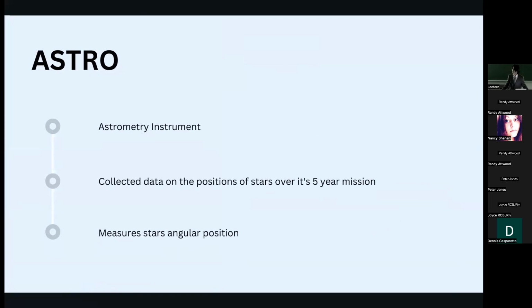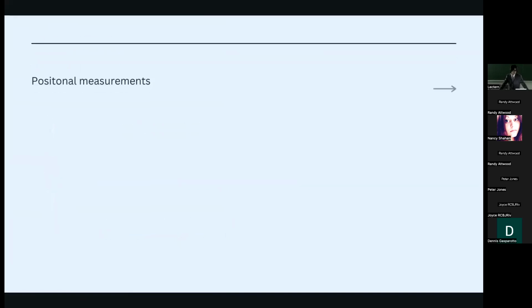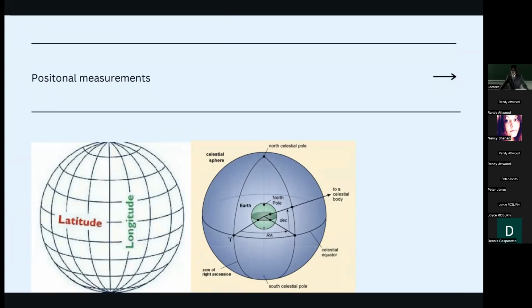Basically, proper motion is, because we're looking at a plane, imagine you're in a fishbowl. The bowl is basically what we're trying to look at. And it's really difficult to graph distances, but we'll get into how we can actually find distance and proper motion to find out its exact coordinates. So the first thing is positional measurements. Most, if not all, positional measurements in astronomy come down to angles.